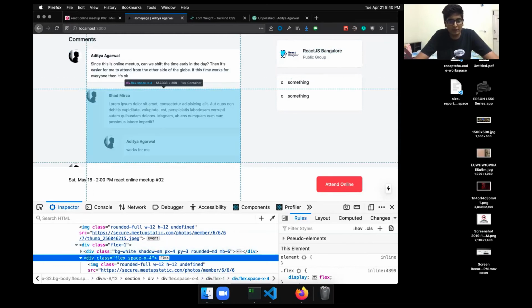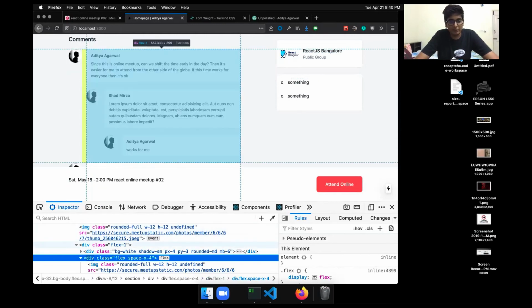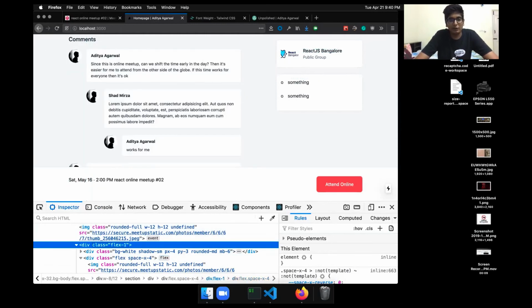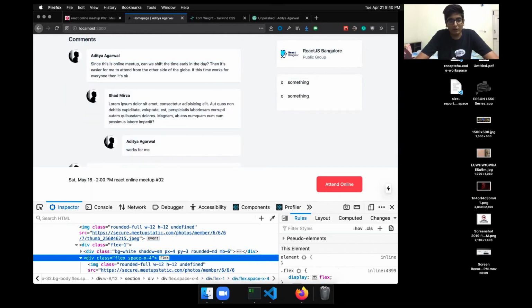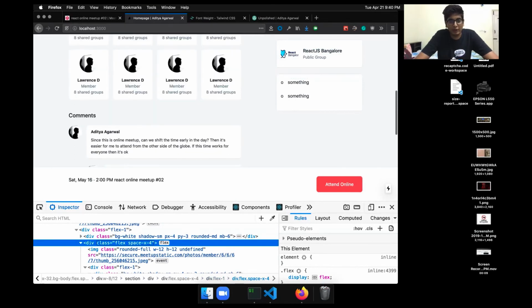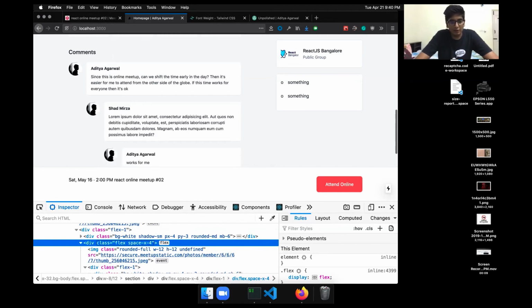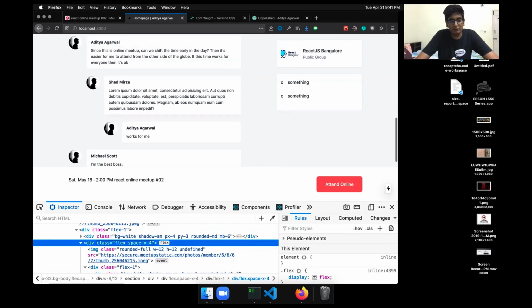Because we are rendering it inside this div, it can only take as much space as is available of the parent. So the parent has, let's say, a width of 400, so this can only take that 400 space. Suppose this is 400, and now this is say 300 pixels. So this thing can only take as much as 300 pixels, the image and this. Then this is just a child of this div. Suppose the whole thing was 300, this is just 200, so this whole thing can just be say 100 pixels.